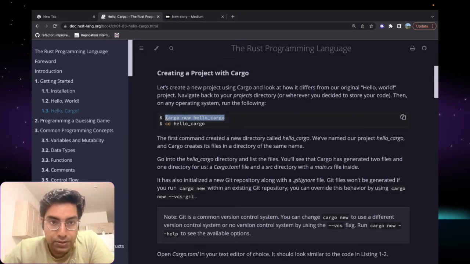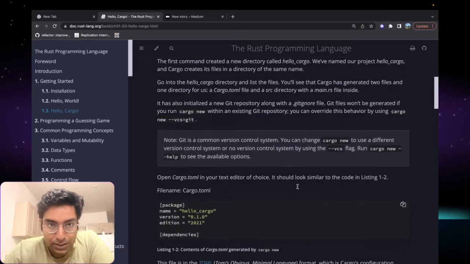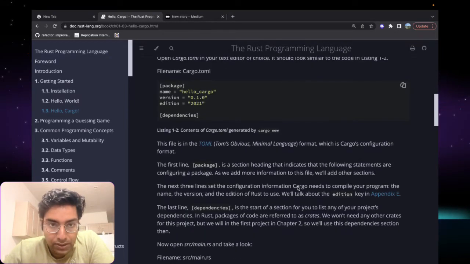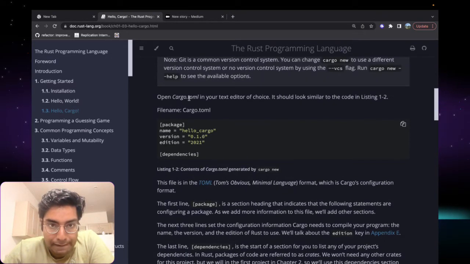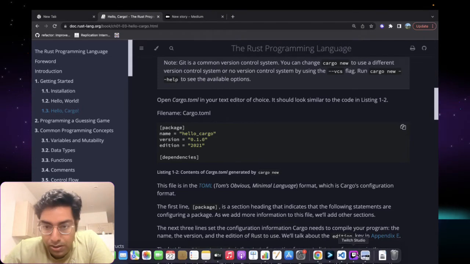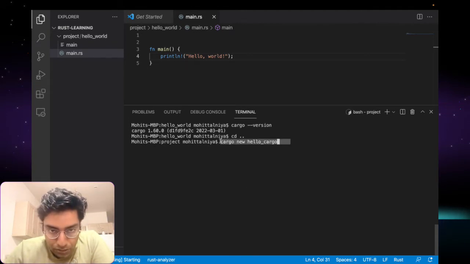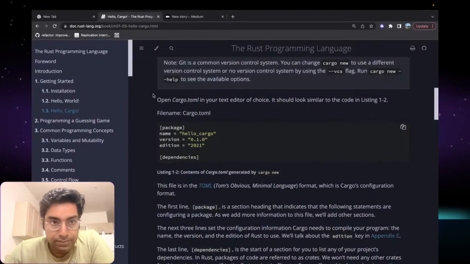So let's try this cargo. I guess this will create a dependency file, a TOML. I guess Go has similar package management. Let's try this out. I'll go one directory back and run this. Okay, so the syntax is cargo new followed by